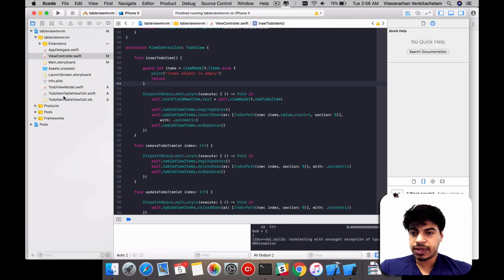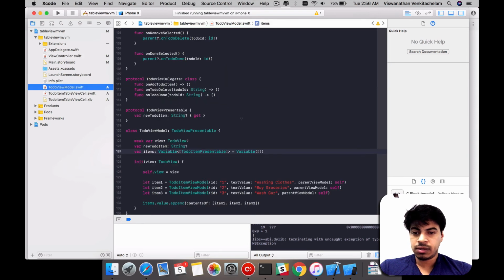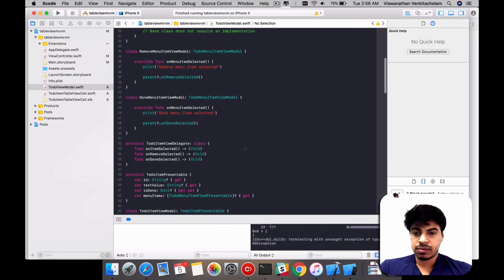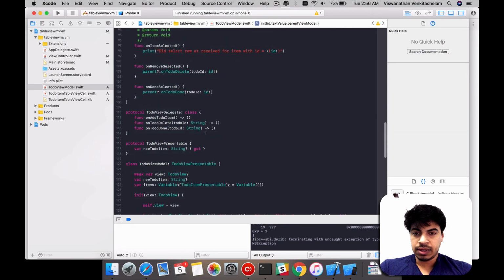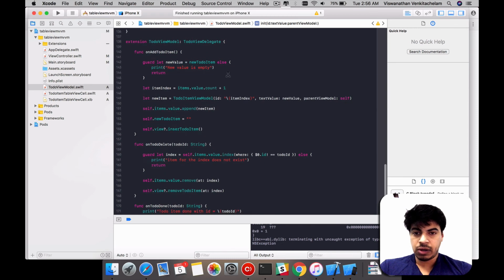So if you look at it in the view model, whenever an insert is happening, let's go to insert section. Where are you? Insert. Okay, on add to do item, it's receiving and adding that item, appending it to the array, and we are sending a notification back to the ViewController. So what are we getting rid of? First thing, we don't need this. We don't need to notify the table view of the change, because the data binding that we did in the last step will take care of it. So let's get rid of that